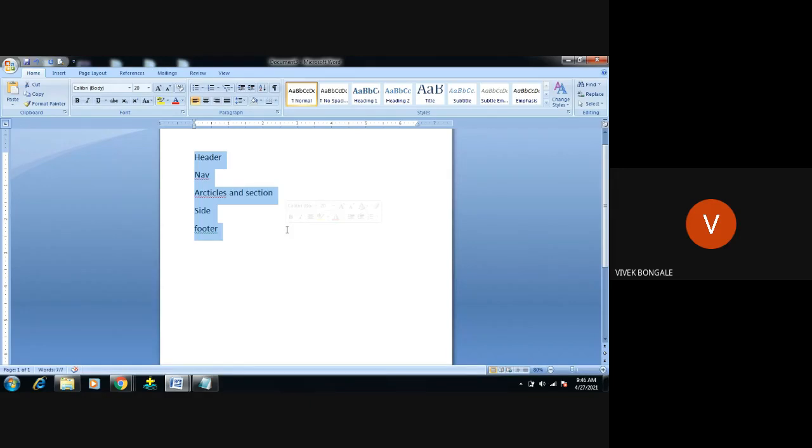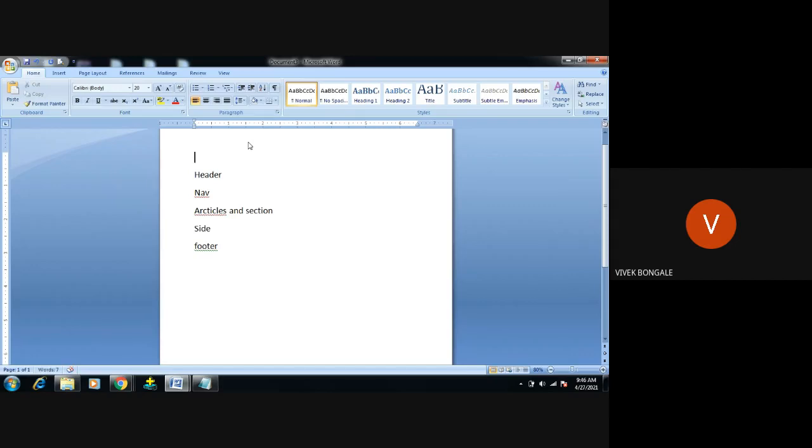If you open any web page, in the header part, either it will have some logo or some headings. Then at the top part, you will have some navigations, and below your header, you have some articles and sections, what we want to display to the users. In the side part, it may be an advertisement, or an advertisement of the particular company or website only, right? And in the footer, there will be some copyright symbols or other things we're going to add there. This is the structure of the HTML5 page.